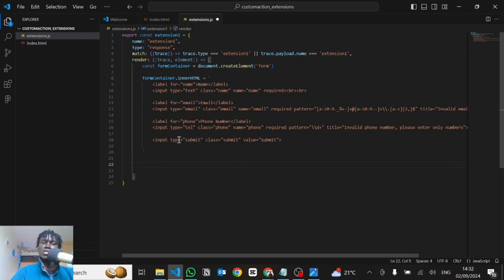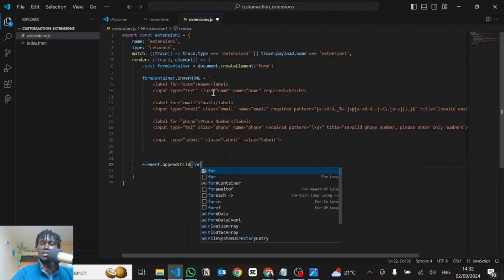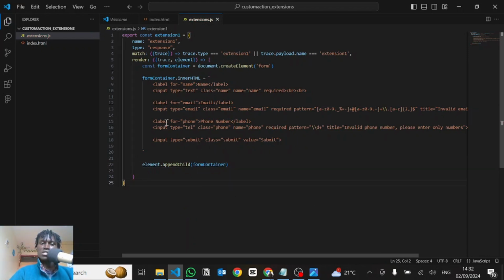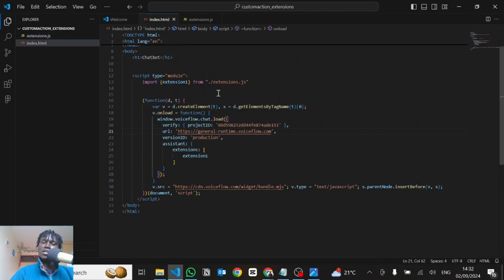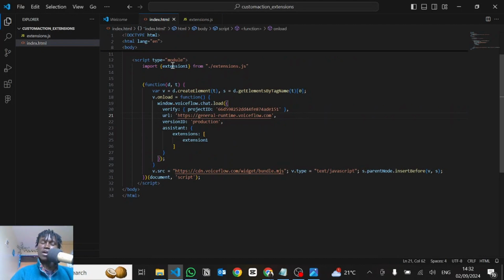Then save this, and after creating our form, we can quickly insert this form within the chat widget. How we do this is I'll call the element that we have brought in over here, .appendChild, then we insert the form container. Save this. So this is an example of a response extension. After saving this, going back to my HTML and ensuring everything has been imported well, and the extension has been inserted within the chat widget,